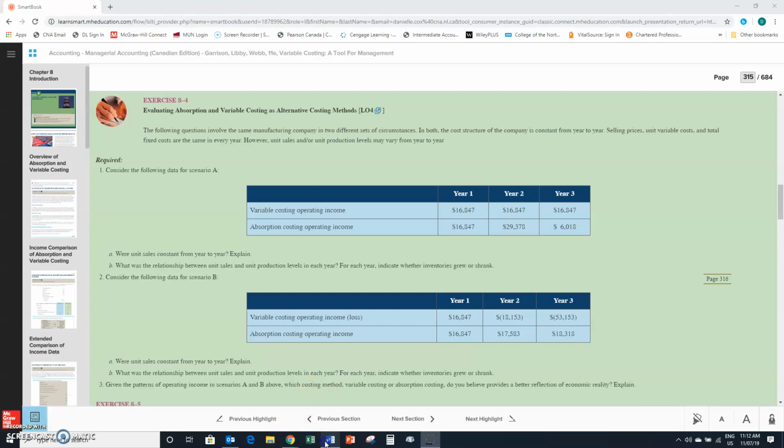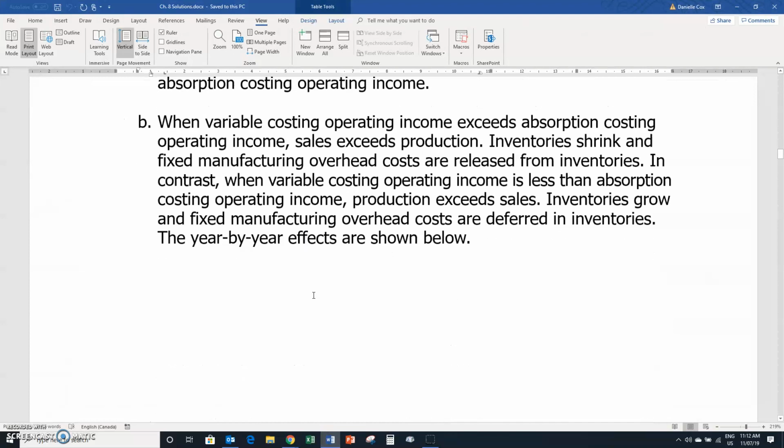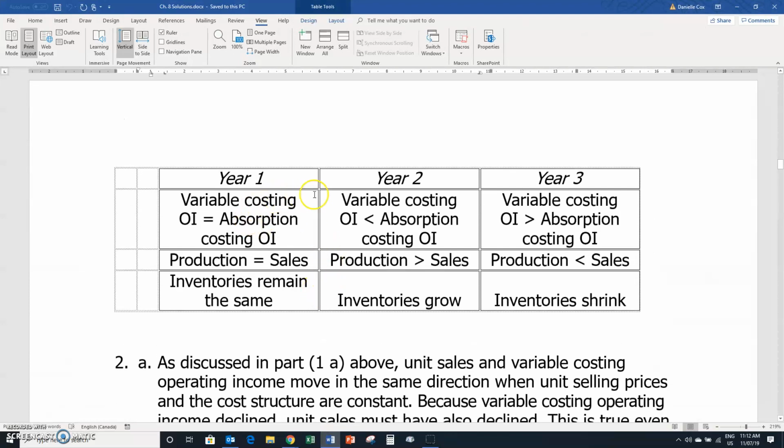So if we just look at our results here, like I said, in year one, the two were equal, so production was equal to sales. In year two, absorption costing income was higher. That meant production was greater than sales and inventories grew. And in year three, variable costing was higher than income under absorption costing, so that means production was less than sales and inventories shrunk. Now, if we go back to